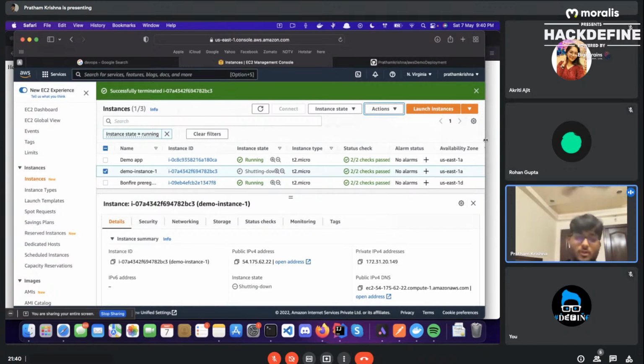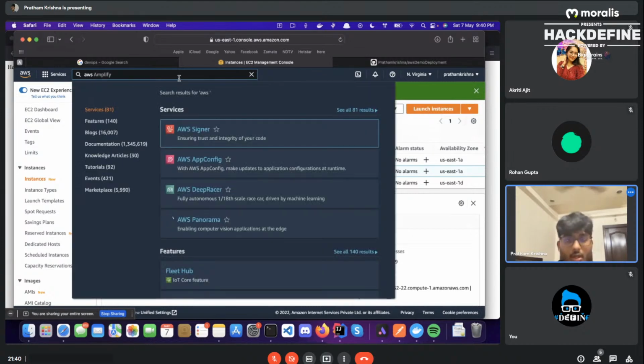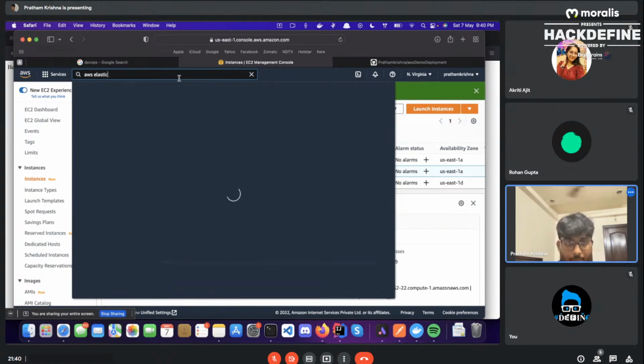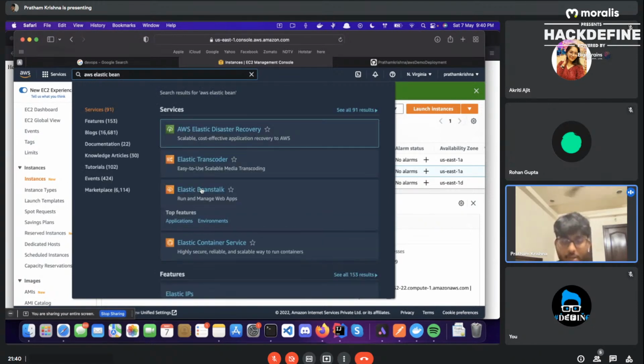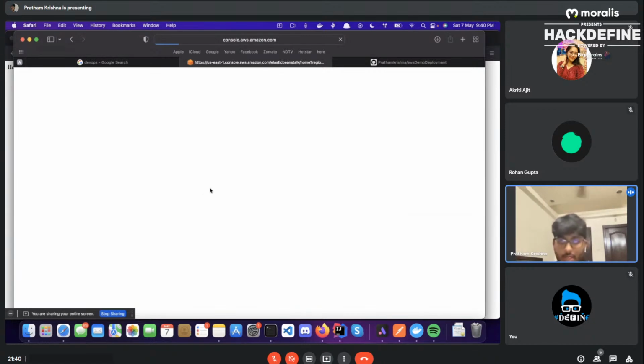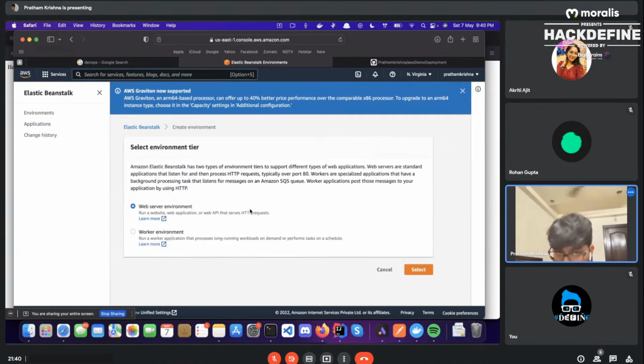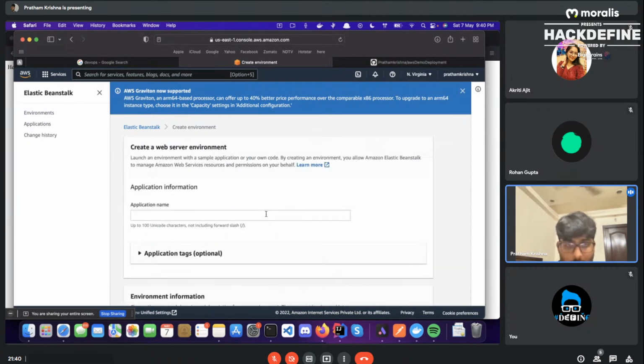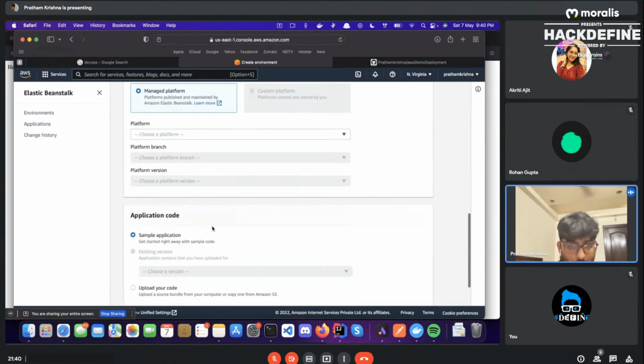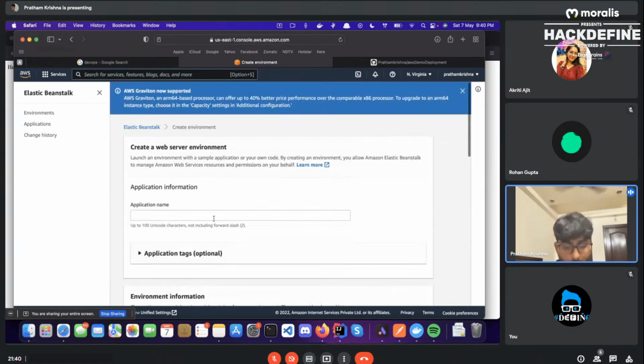If you do not really want to work with the infrastructure and you just want a platform to work on, there's something called AWS Elastic Beanstalk. It is simply used to run web servers and stuff. There's a couple options. So we're going to run a web server environment over here. Not technically run, because I am not too keen on Elastic Beanstalk, and it has been kind of down of late. So we could still try actually.